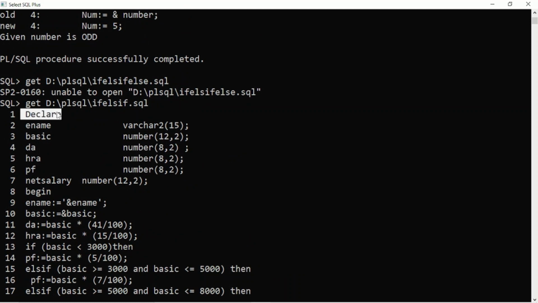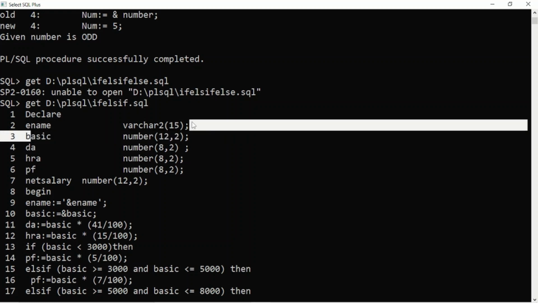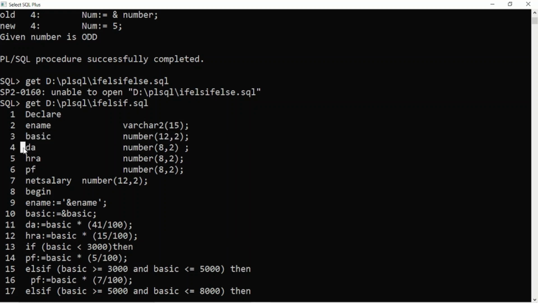It says declare. I have taken an ename variable to read the name of the employee. This variable reads the basic salary of the employee. DA will be calculated in this variable. HRA will be calculated in this variable. PF will be calculated in this variable.